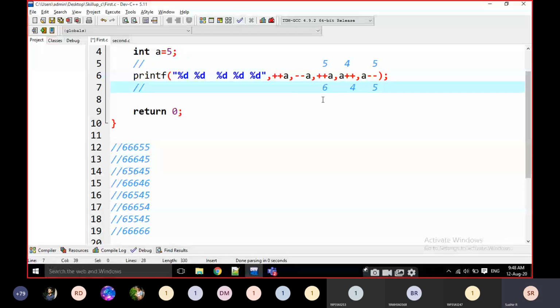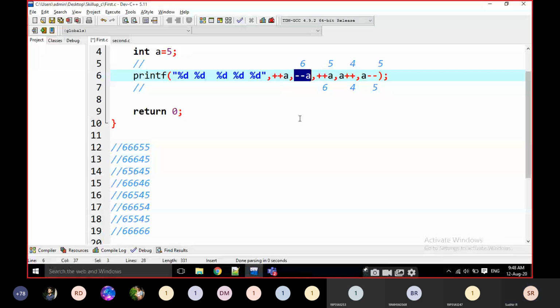At this position 5 is coming here and a becomes 6 and 6 is printed, then 6 is moved to the next statement. This is a pre-decrement operation, right? Pre-decrement means 6 becomes 5 and 5 is printed.